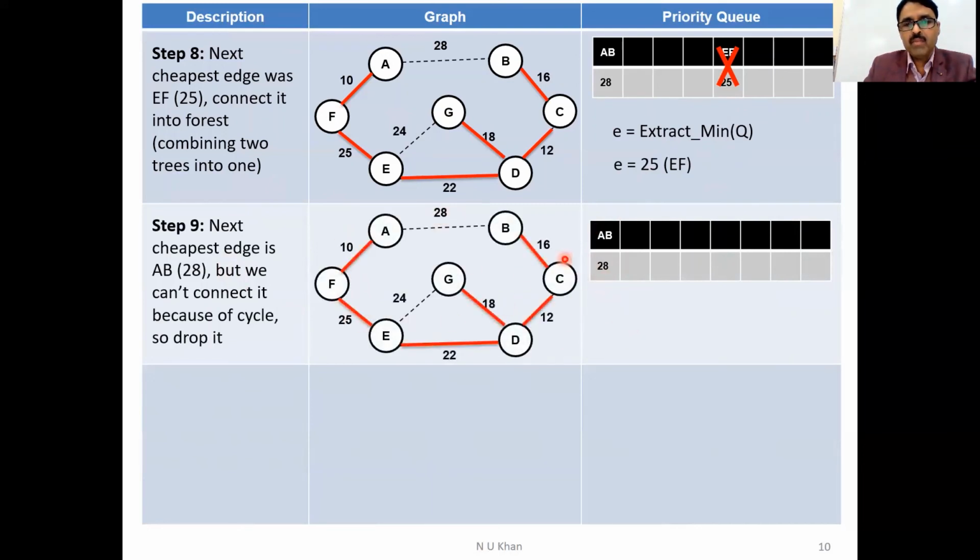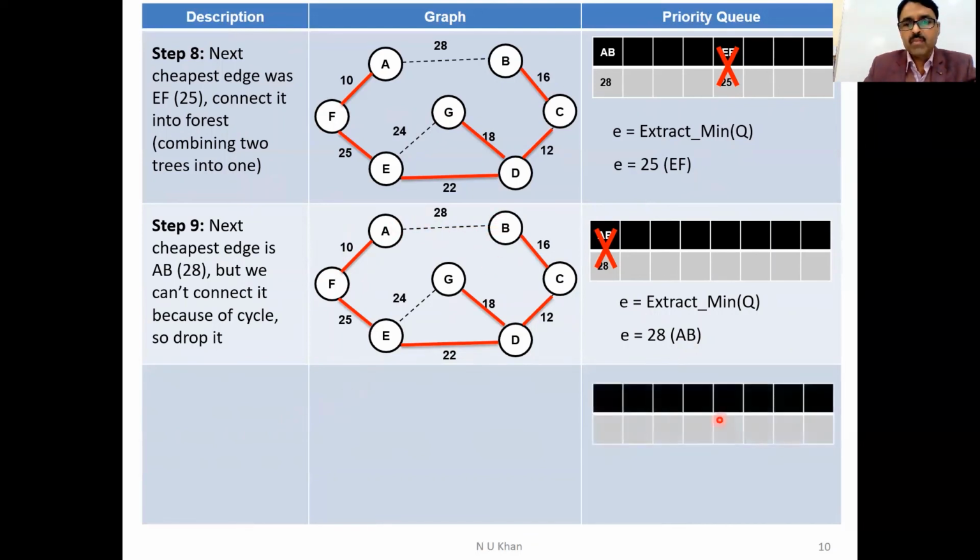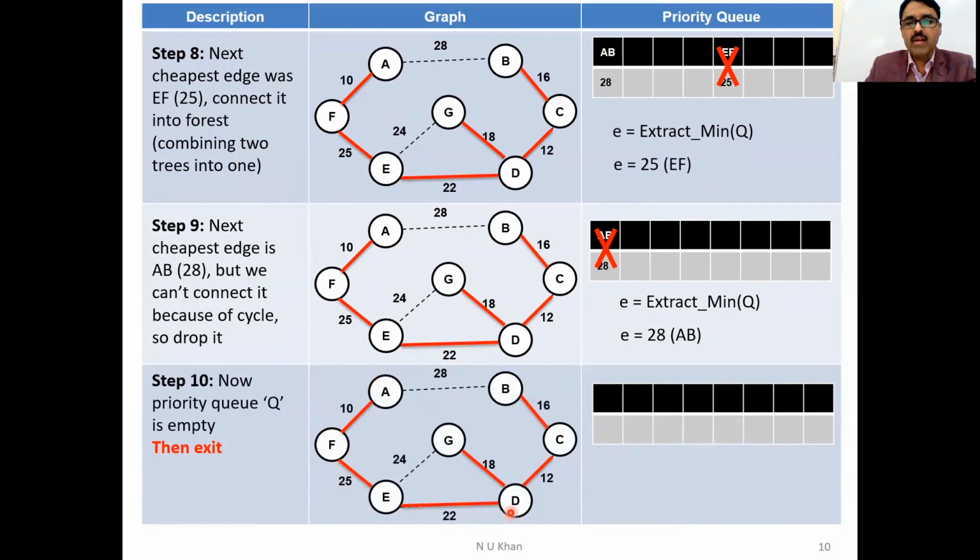This is your diagram. Now extract minimum. So you have no choice. That's why AB को आपने यहाँ से extract किया. So Q आपका empty हो गया. But if you connect A and B, so the cycle will form like this. So यहाँ पे cycle बनती है. So don't do this. यहाँ से इसको connect करिएगा. And right now priority queue is empty. आपके पास में choose करने का कोई option नहीं बचा. So whatever you got here, that is your final answer.